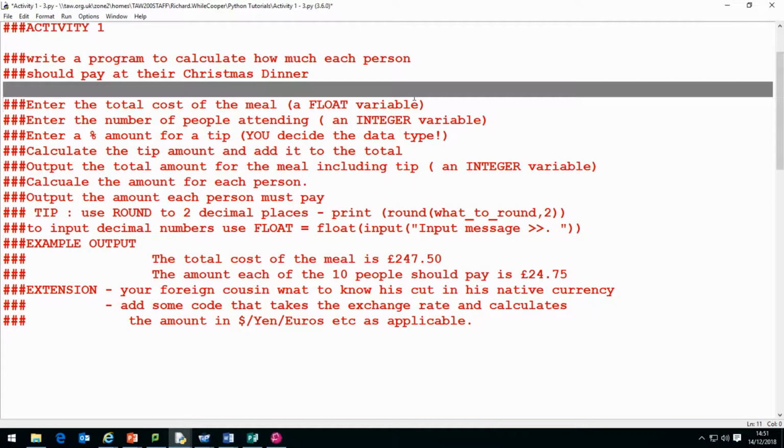Activity 1. Write a program to calculate how much each person should pay at their Christmas dinner. You will need to enter the total cost of the meal, which will be a float variable, enter the number of people attending, an integer variable, enter an amount for a tip as a percentage, calculate the tip amount and add it to the total, output the total amount for the meal including the tip,